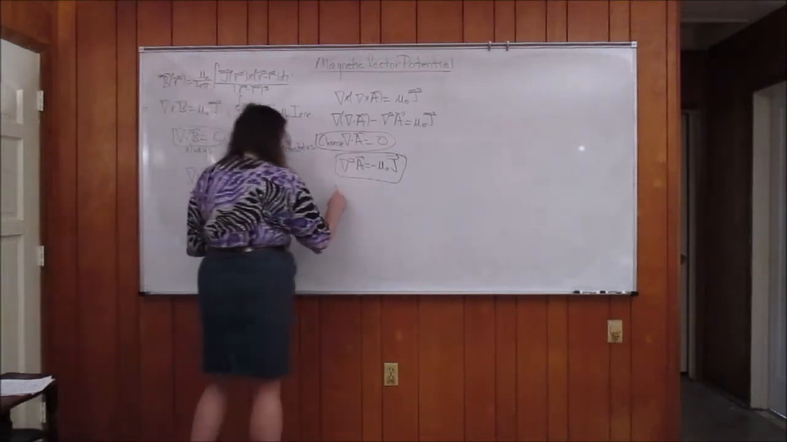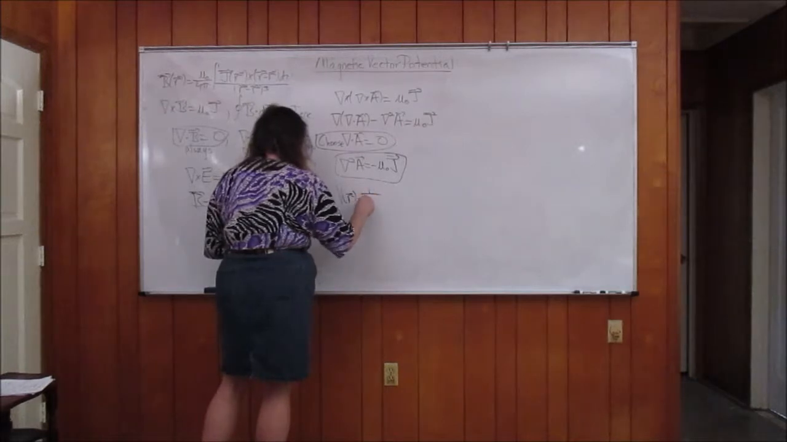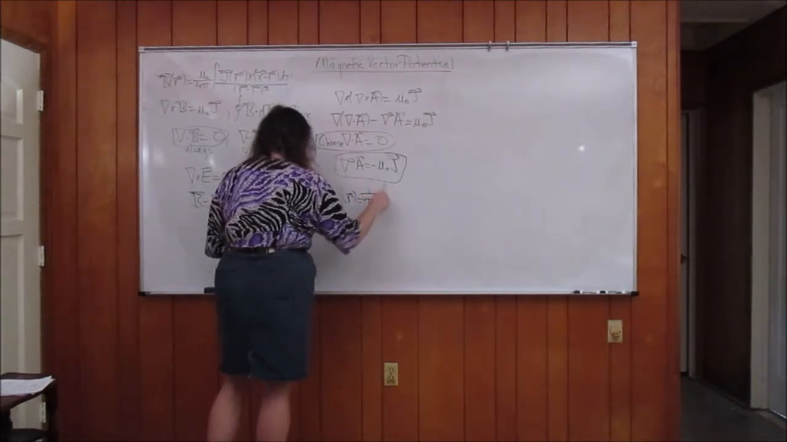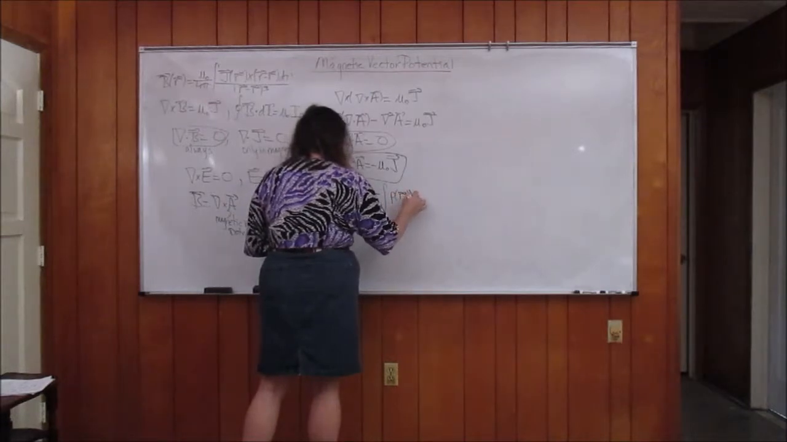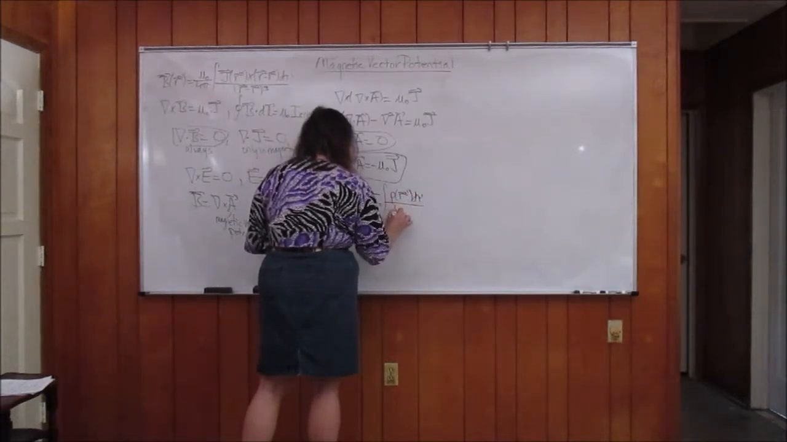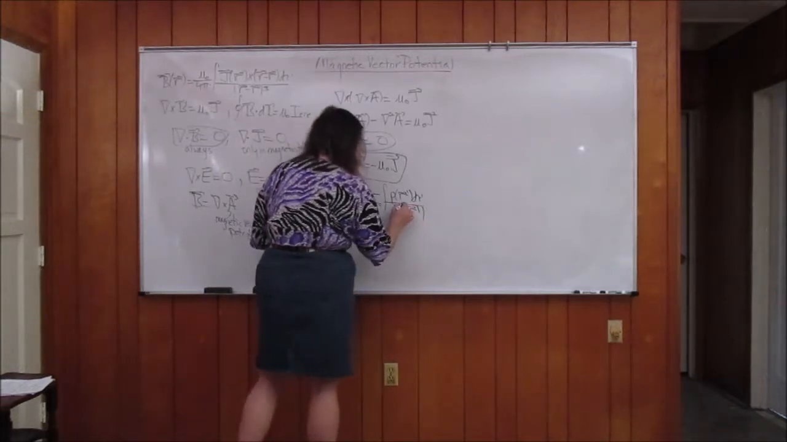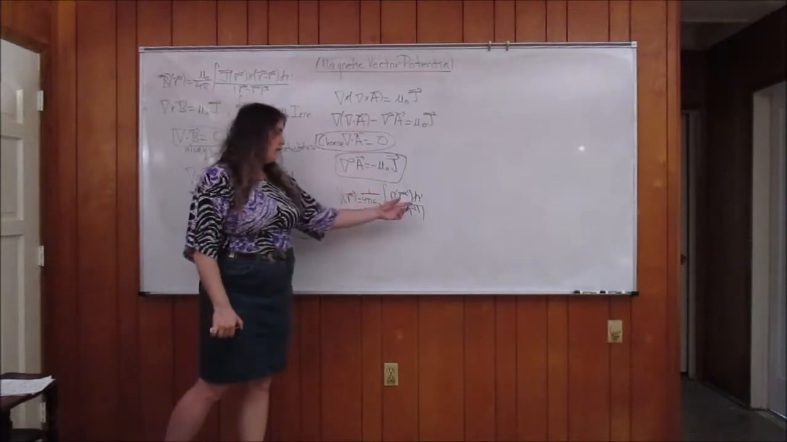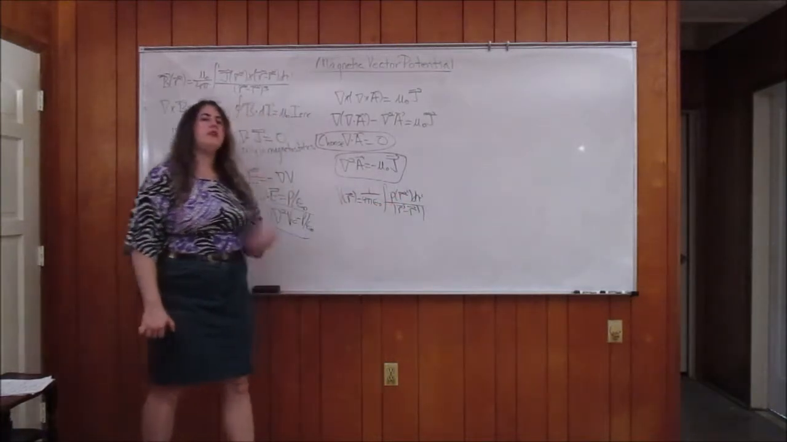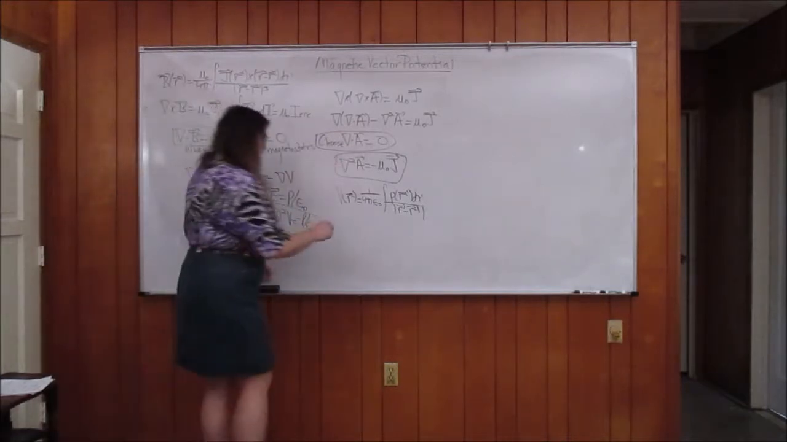The electric potential written in integral form is 1 over 4 pi epsilon naught times the volume integral of the volume charge density over the magnitude of the separation vector. So by analogy, I can write down A